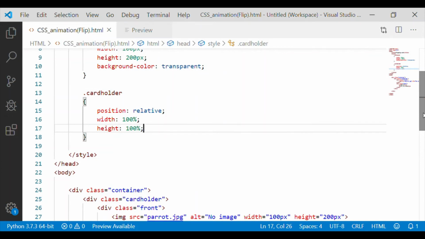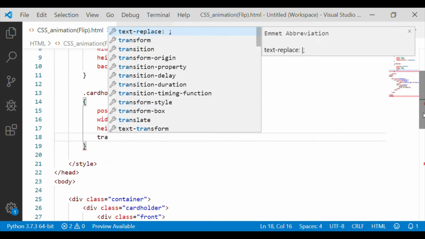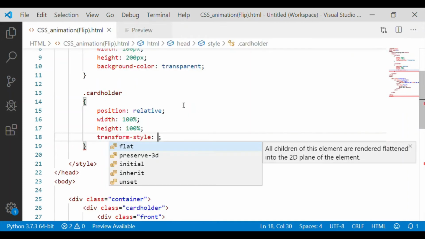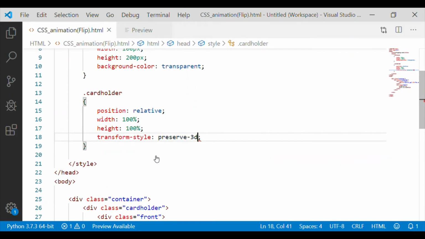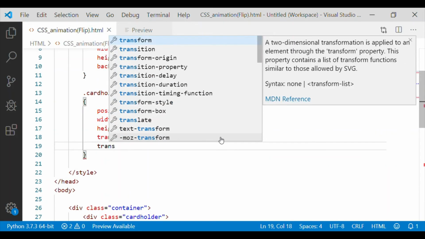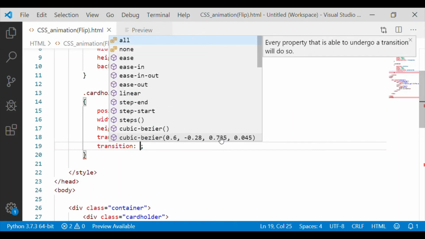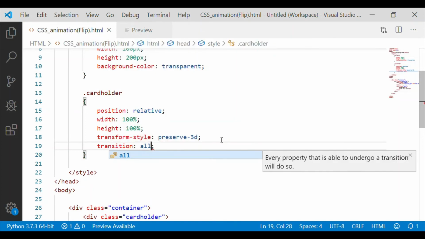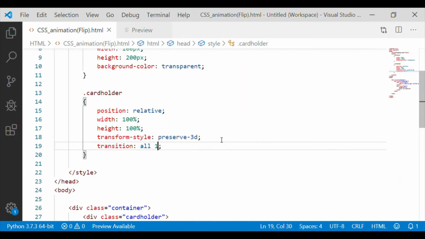Next, the important one is we will give the transform style preserve 3D. I have chosen preserve 3D effect for transform style, and transition we will choose 1 second for this transition from front to back and back to front.